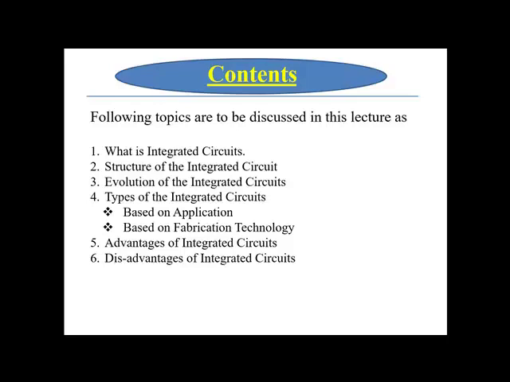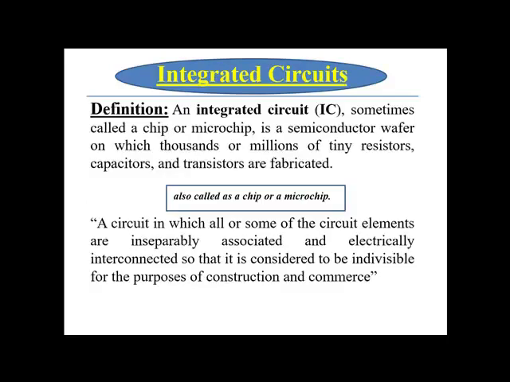First of all, what is the integrated circuit? An integrated circuit, or IC, is a miniature electronic device consisting of active and passive components that are irreparably joined together on a single crystal chip of silicon, that is called wafer, with functionality related to a particular application, in which all the components or devices are electrically interconnected.